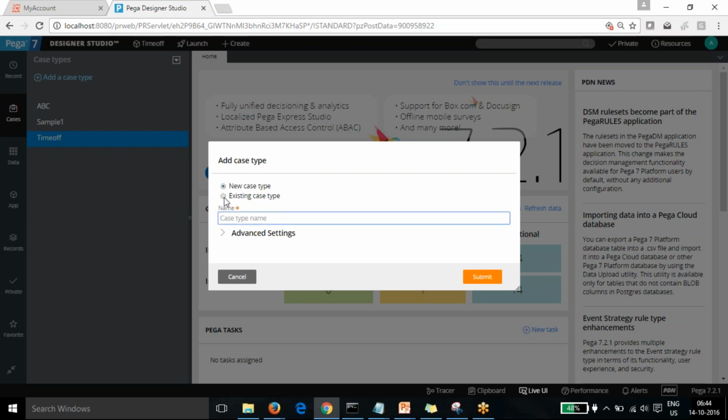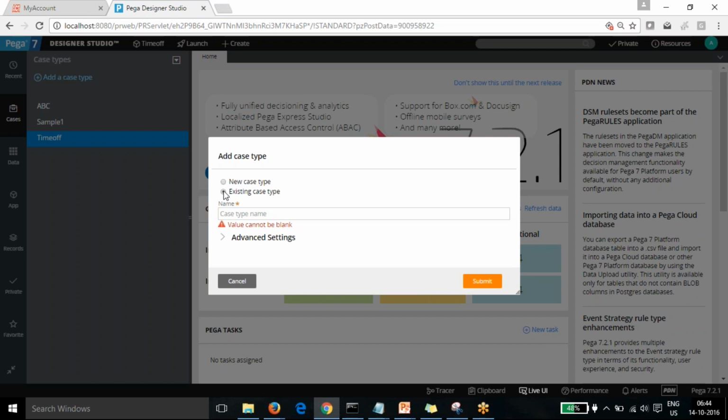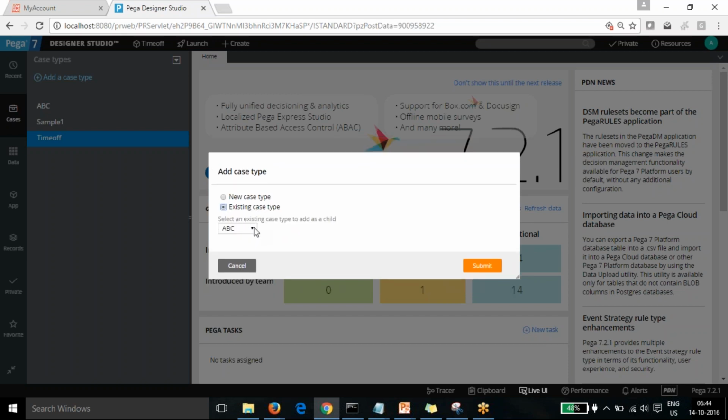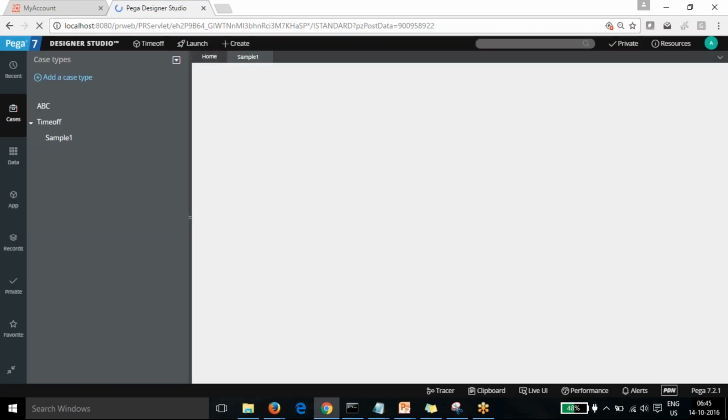So if you say actually want to make the sample as my child case for this one, I can make an existing case or I can create a new child case as well. So some of the processing you want to take as a sub case, that we have discussed, right? Three things: single case, multi case, and case. So in this way we can create a top case or we can make it a child case.